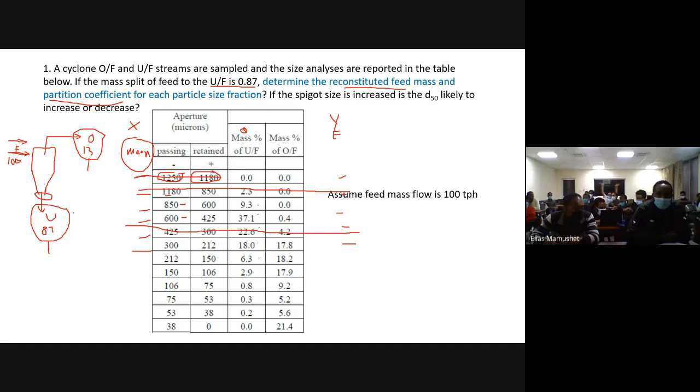So another question? Yep. In the cyclone, the assumption is the feed is equal to the underflow plus the overflow. But what if there is a loss? How can we manage that? Okay, so